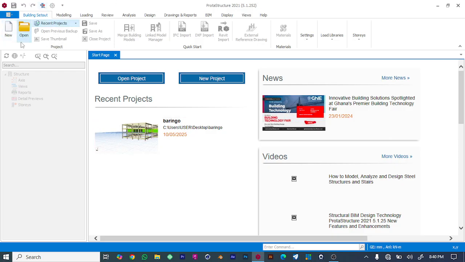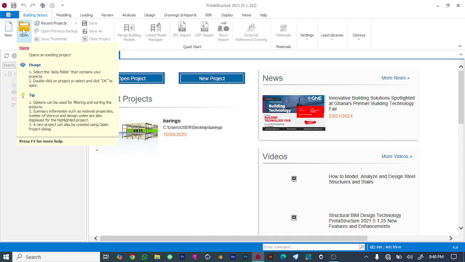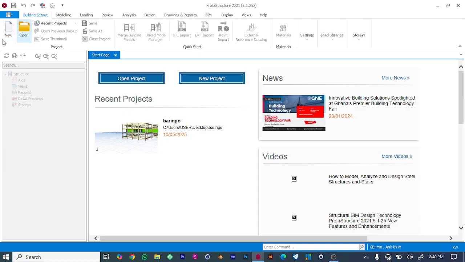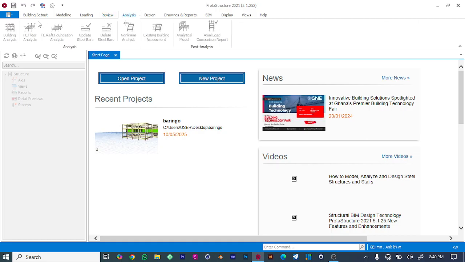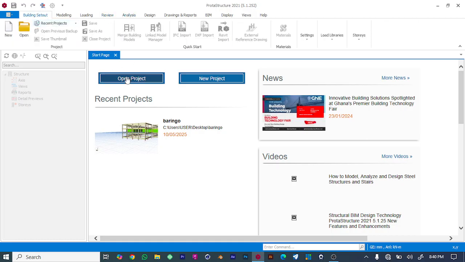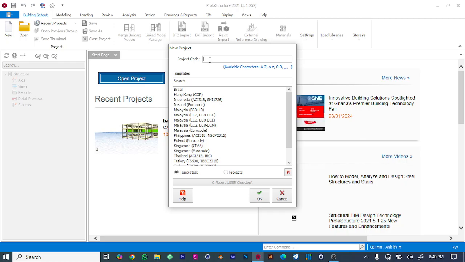And when I look here, I can just open a new project here. I can just decide to open it here, or I can decide when you go through these tools, they are not visible because you have not opened a new project, or rather, you have not created a new project. So I'm just going to press create, and here I get to select my project code, and I will write,